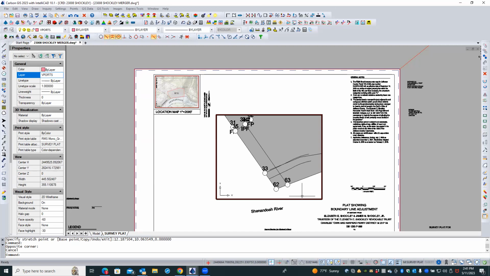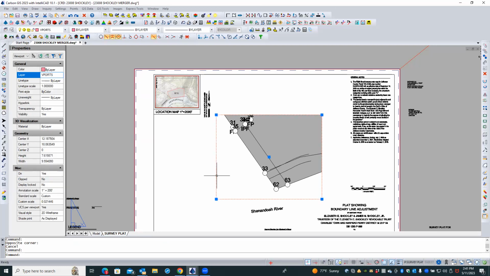All right, and now once you've got that position, double click outside of it, so you're back in paper space. Now select it, and let's read over in the properties what that scale is. It says it's a custom scale of 0.021446. So if you change that to 0.02, for instance, as a common scale,